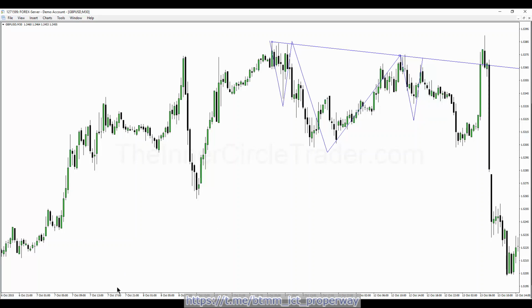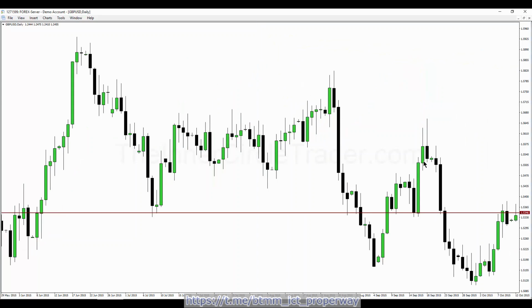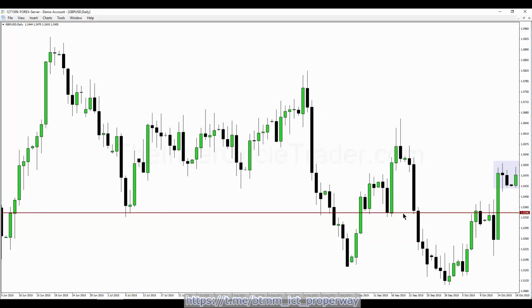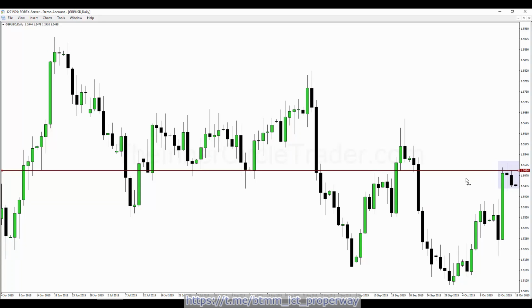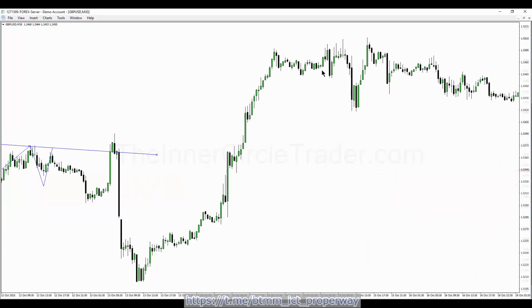Let's go back out to the daily. Okay, and we're going to look up at this high up here. Price trades up into it here. We're going to use the low of the last up candle right here, and the body of the candle. You can see that it trades up into that as well. And we're going to look up at the 18th of October. Okay, so here's the 15th, creating a head and shoulders inverted, so that would be viewed as bullishness. So if we get above